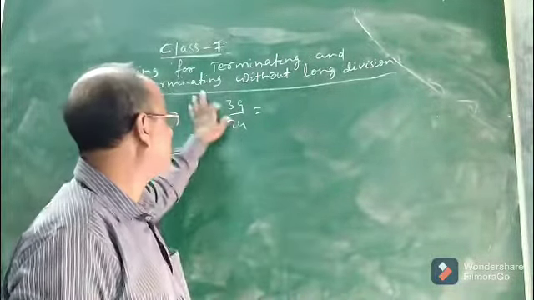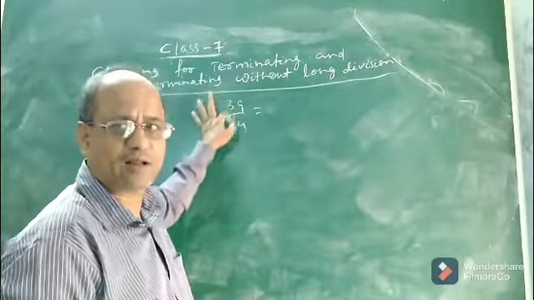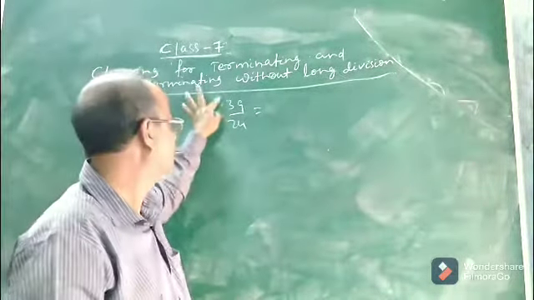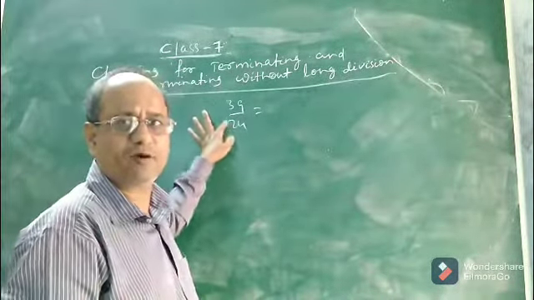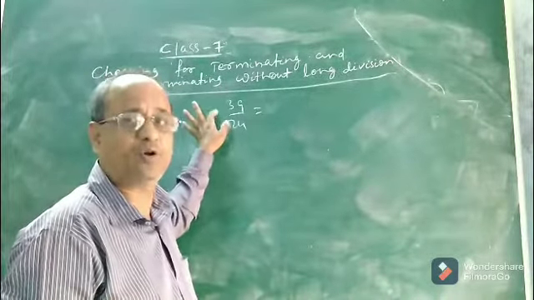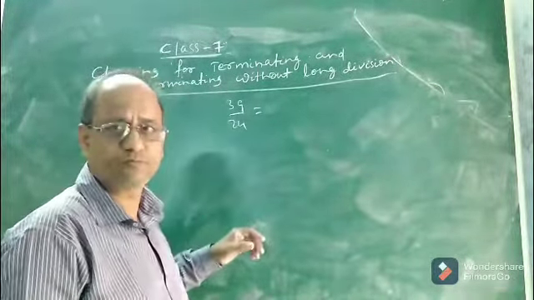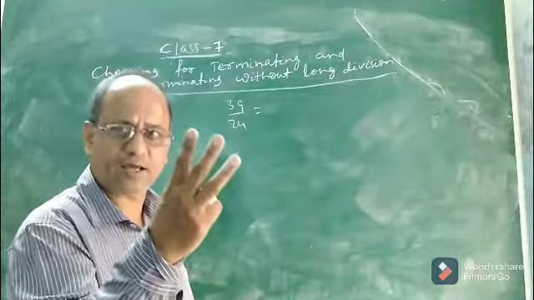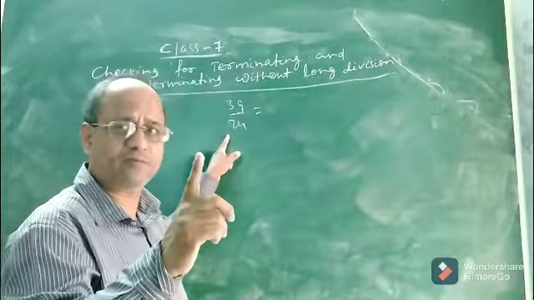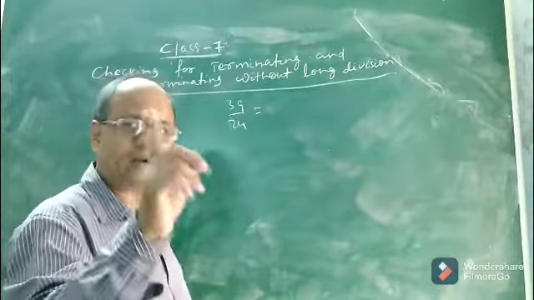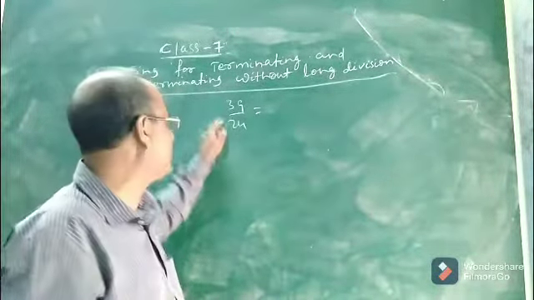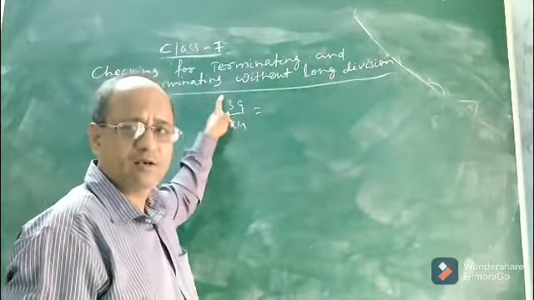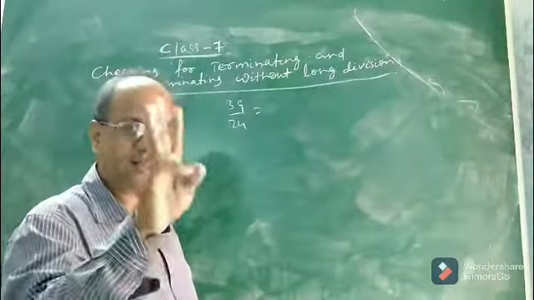Try to understand. The first step is you see whether the rational number is in lowest form or not. You know what is lowest term or simplest form? First you see whether the rational number p by q is in standard, lowest form or not. Here clearly no, because 39 and 24, p and q, have a common factor 3. If they have only common factor 1, then we say it is the lowest term. But 39 is divisible by 3, and 24 is also divisible by 3. That means p and q have a common factor other than 1, that is 3.